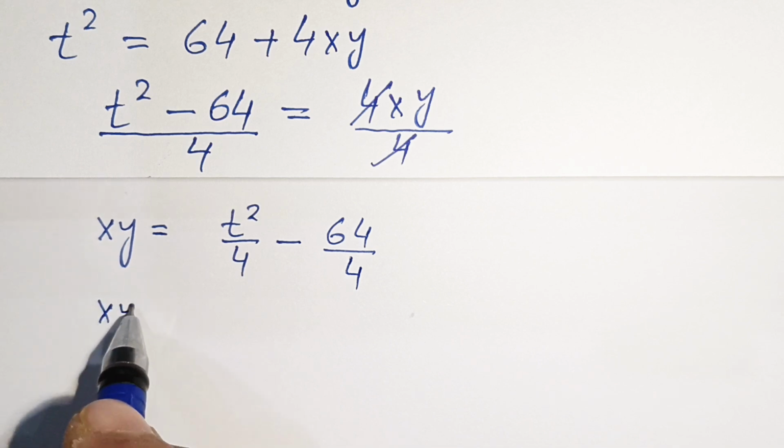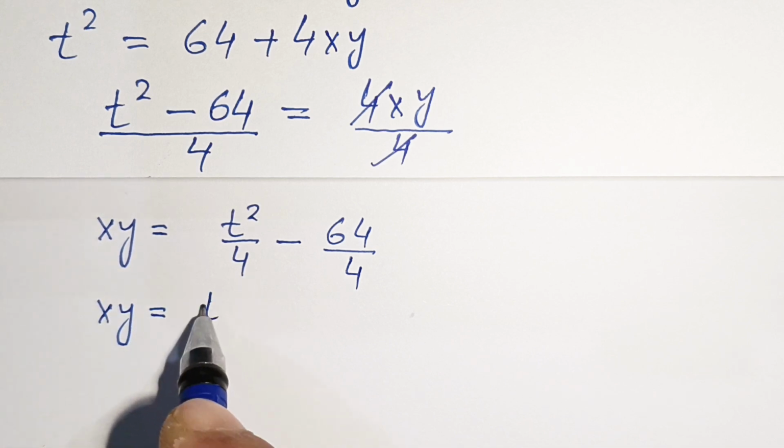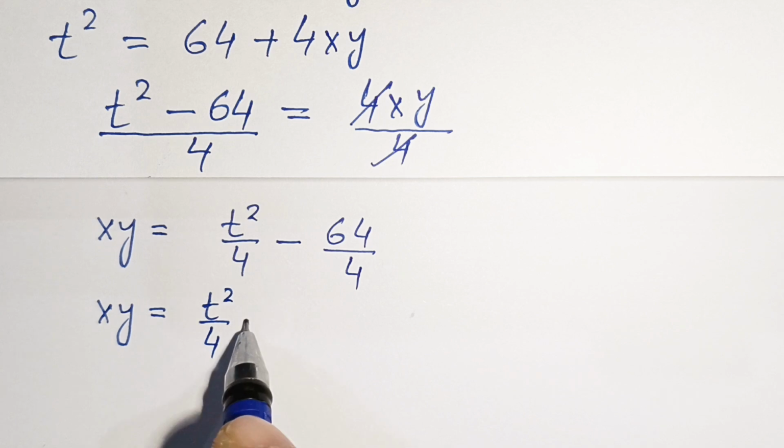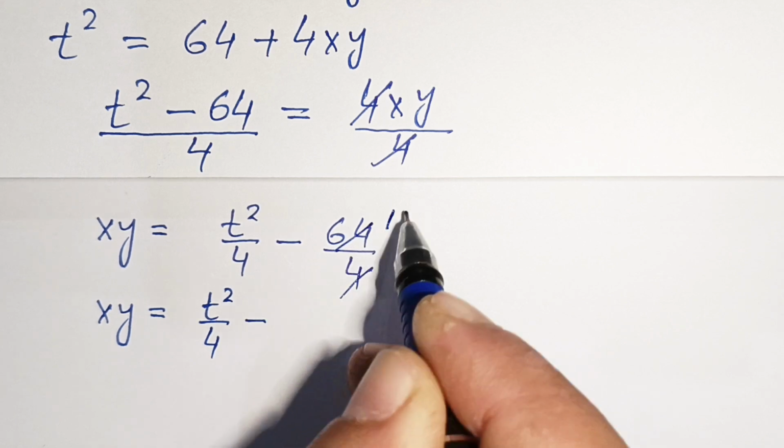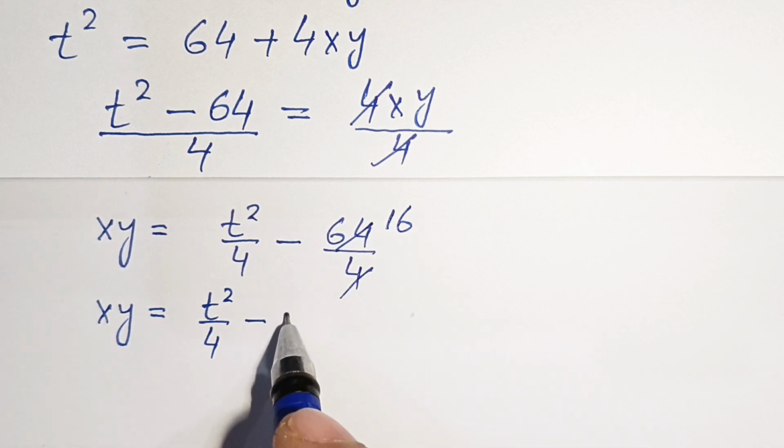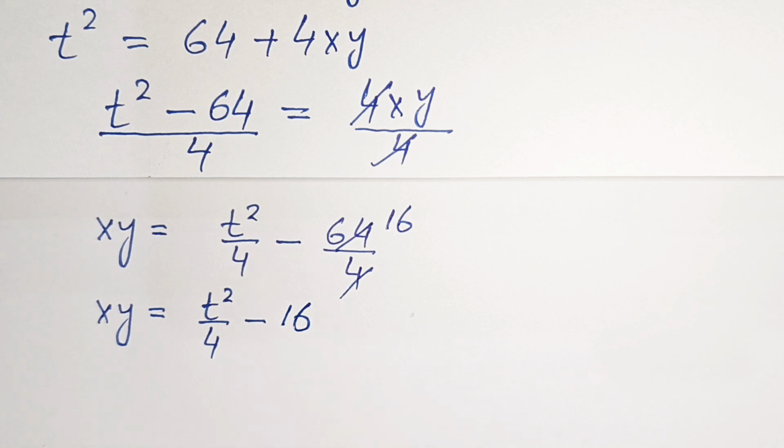So here we have x times y is equal to t squared divided by 4, and here we get 4 1 is 4, 4 16s are 64, so it is equal to 16. Now xy is equal to t squared divided by 4 minus 16. Now recalling our equation number 1, so if we just recall